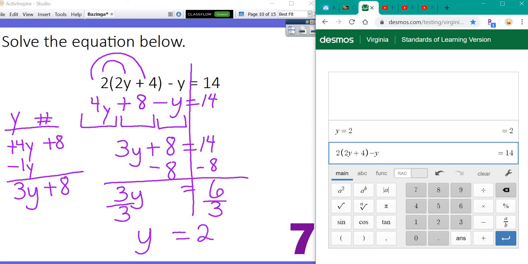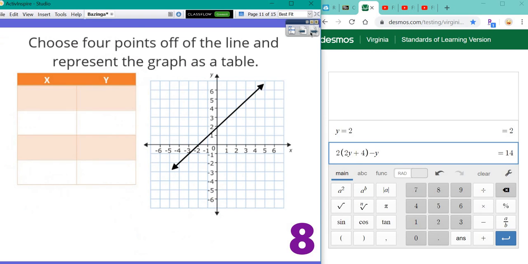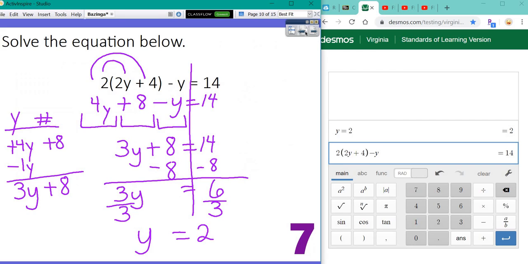Okay? So it's very important that if you have variables on one side of the equation only, you only need 2 lines to check it. When you have variables on both sides, you're going to need 3 lines to check it. Okay? So I'm not sure how many equations there were. Let me check and see if there's another one. Nope, there's not. So let's go ahead and